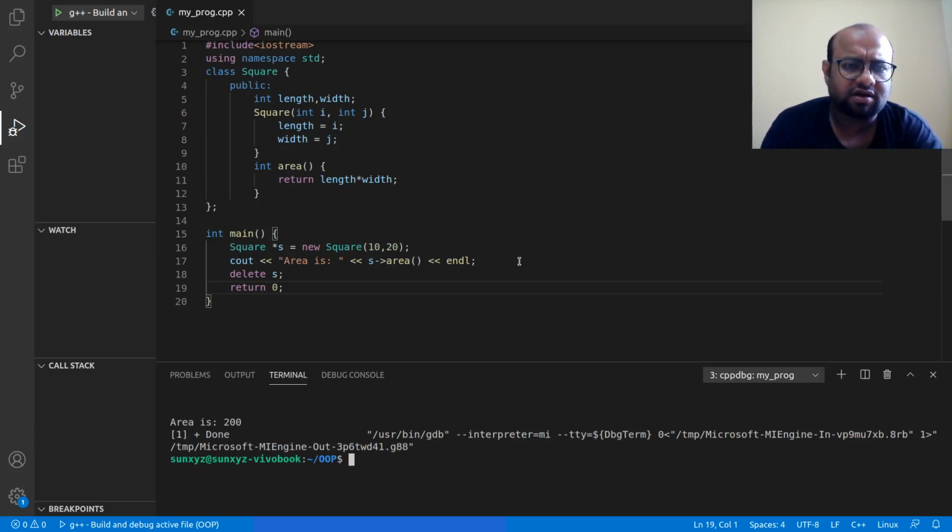Alright, so yeah, this is everything for today. We have seen how to use pointers in the context of objects. You know pointers already, but today you saw how to use pointers with objects. There is nothing different than what you already knew in C. Okay, so first we studied pointers, then we talked about operator overloading.